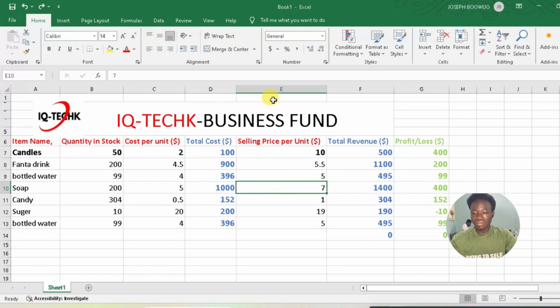The cell name, or the cell address, is named after the alphabet and the row number. So we have the name as E10, which can be found in the name box over there. Now we also have the function bar, which is also called the formula bar. Whatever formula you are using is displayed in the formula bar, and I can change my item in this cell inside the formula bar. So I can change the 7 into 8,